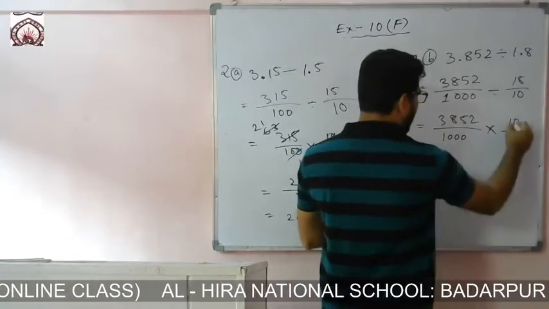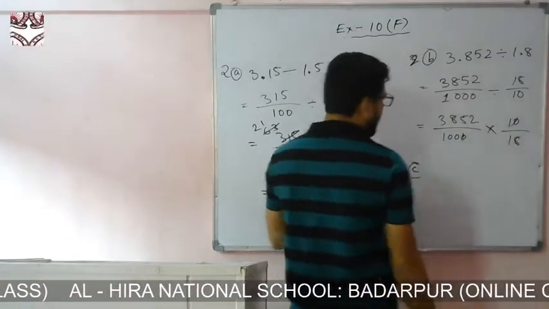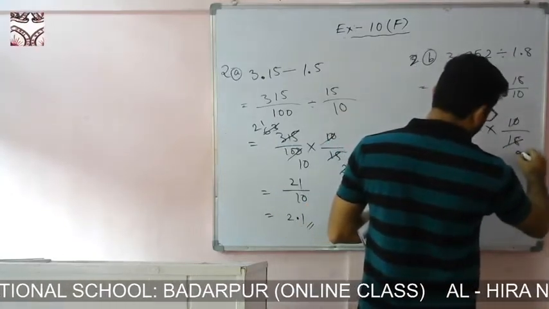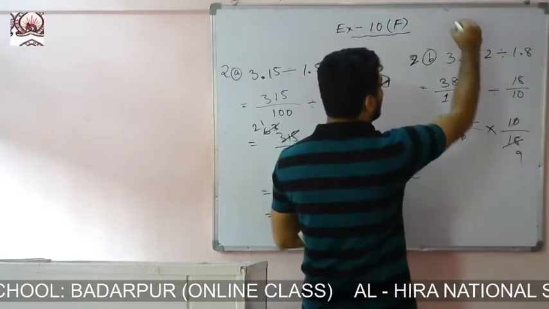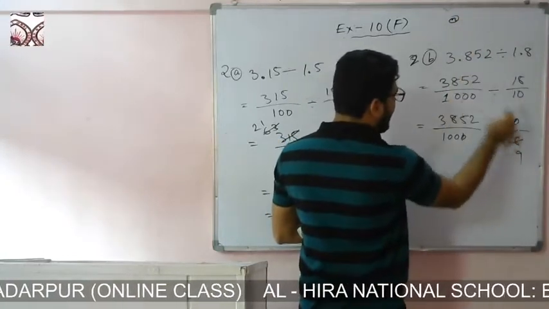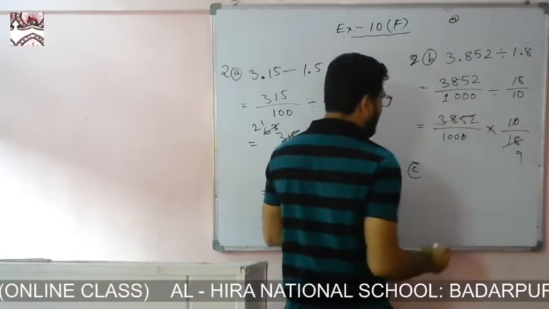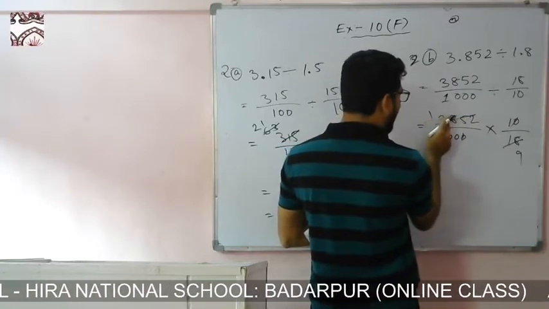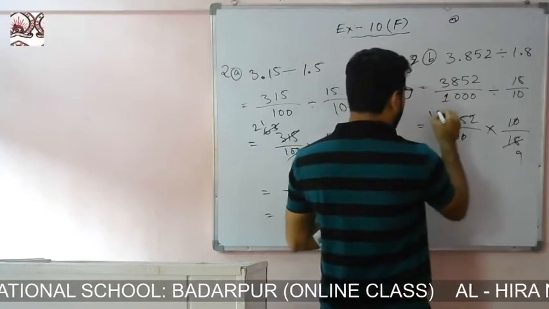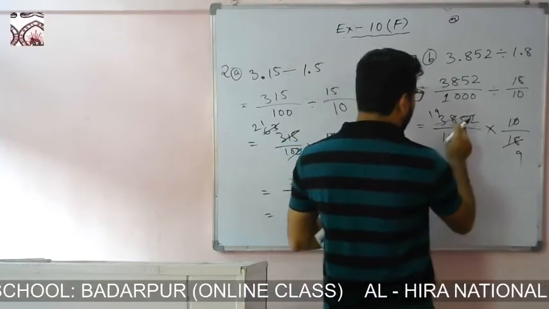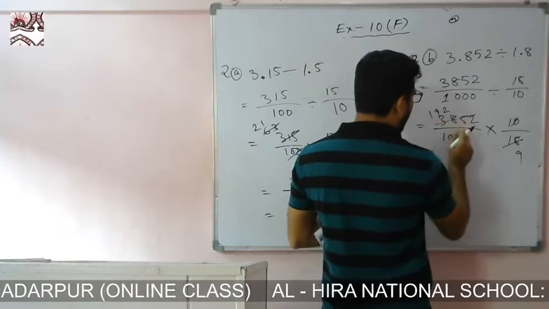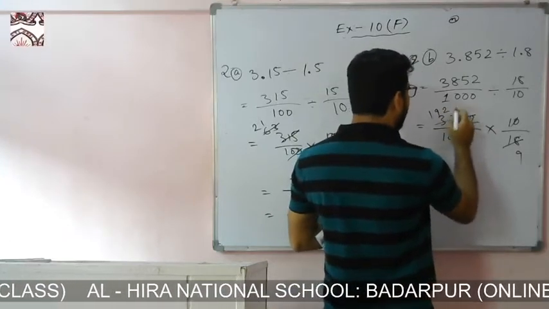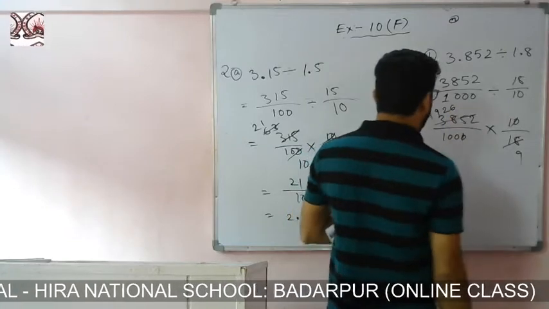Okay. Now you can cancel 10 with 10. Now you see 9 2s are 18, you cancel with 2. Here again if we cancel with 2, then 2 1s are 2, here remains 1. So if we take it to the right side, then 18. 9 2s are 18. Here remains 5, then 2 2s are 4, here remains 1. So if you take it, then 12. Then 6 2s are 12.